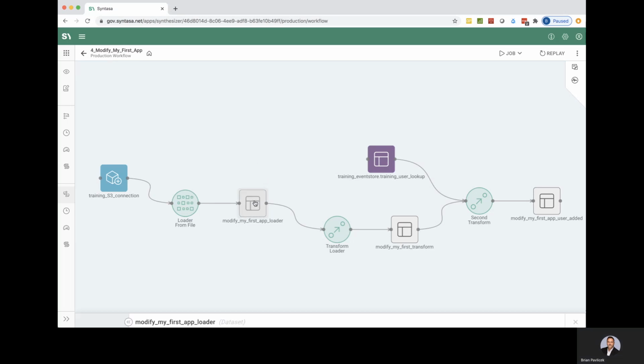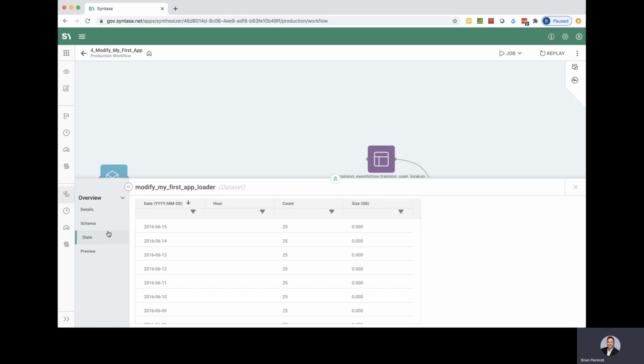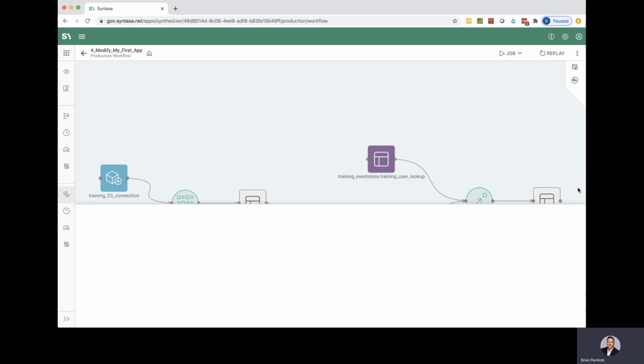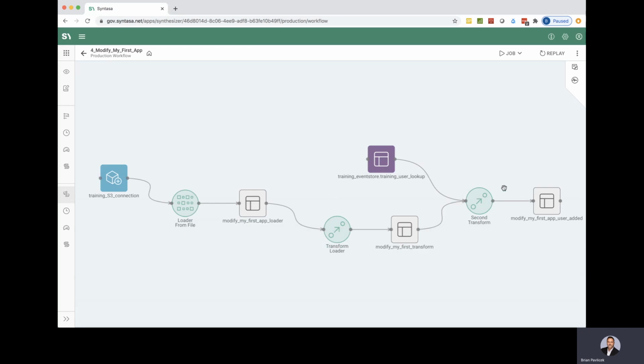if we look in the state of the previous nodes that we had before, you'll notice that the data is still there because we haven't made a change to that production. We've just added this new section. So in essence, we don't need to process this data again because it's there and we have that information already available. So what we need to do then is just to process this final step, which again, if we hold